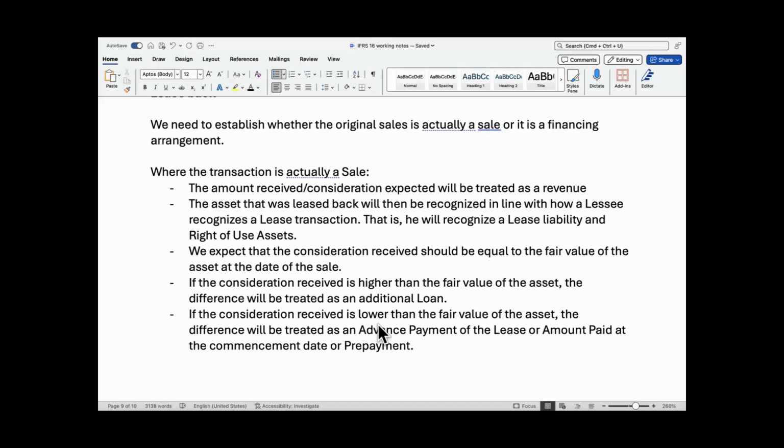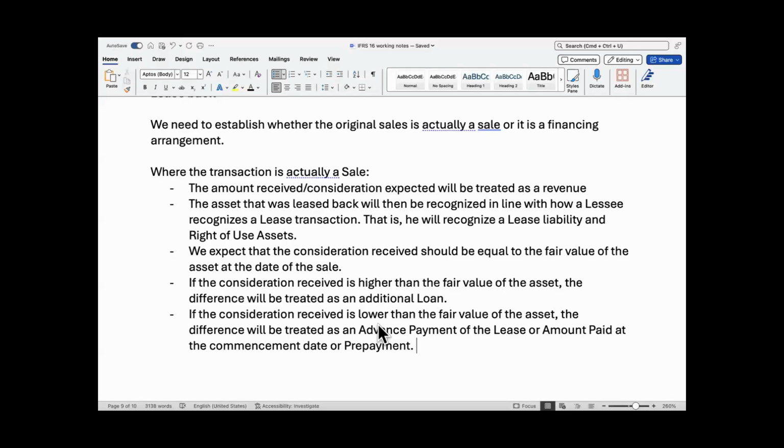Why would you do that? So, see, what we are trying to do is cover loopholes in accounting here. Why would anybody receive lower? In order to link it up with the fact that he's leasing back, we are trying to patch everything up under that lease arrangement. So, for us, we believe that for you to have received lower,